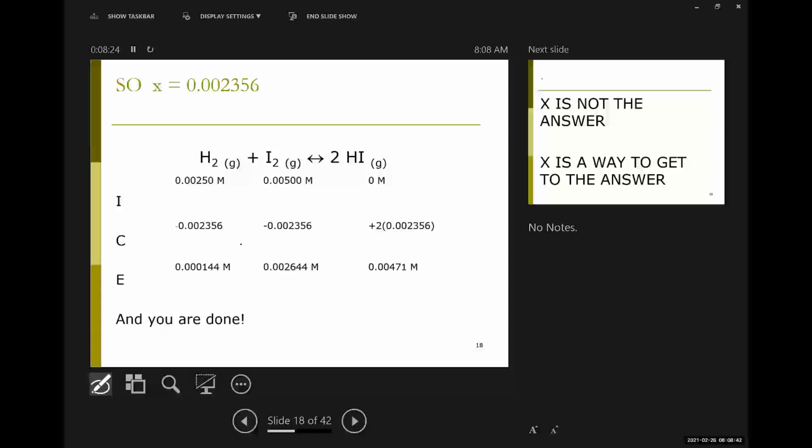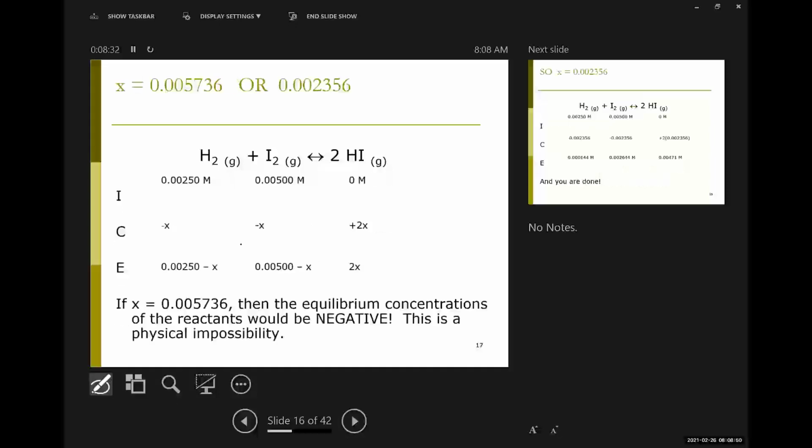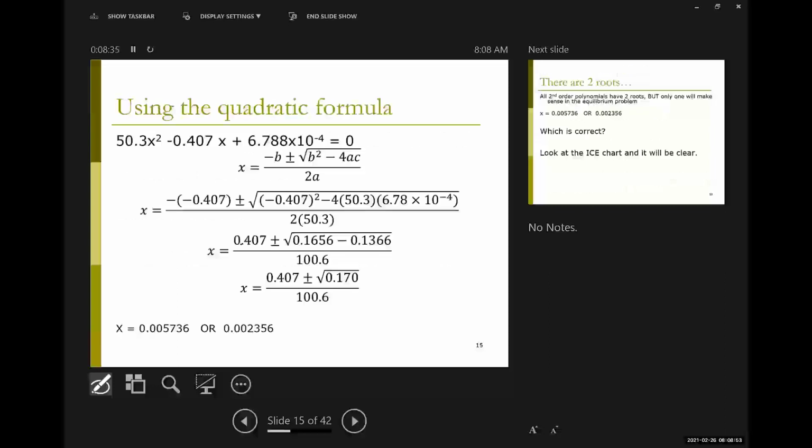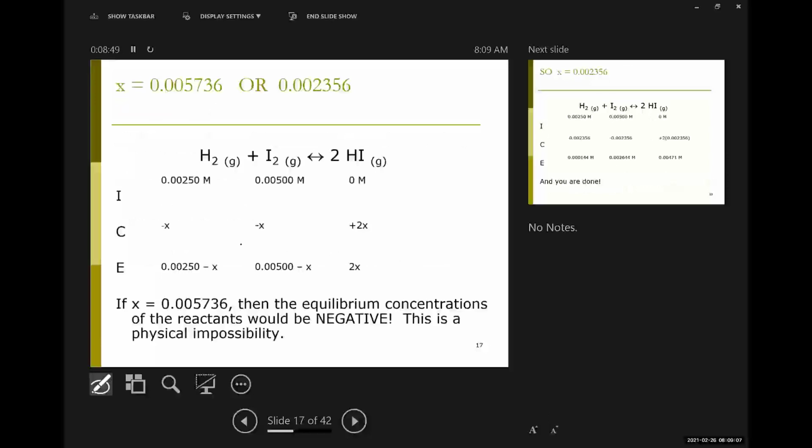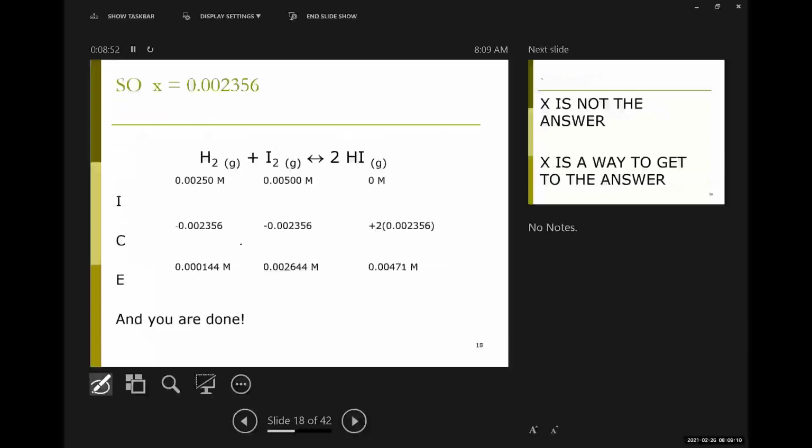It's worth noting, this last step should always be done, right? A lot of times it seems like my whole goal is to get X, and a lot of times it is, and so people go this far and maybe circle the answer. In principle, the answer might not be X at all, depending on what the question is. The answer is somewhere in the ICE chart, right? And so my last step should always be putting the X value back into the ICE chart. If the question was how much hydrogen is left, the answer is not 0.002356. In fact, none of the answers is